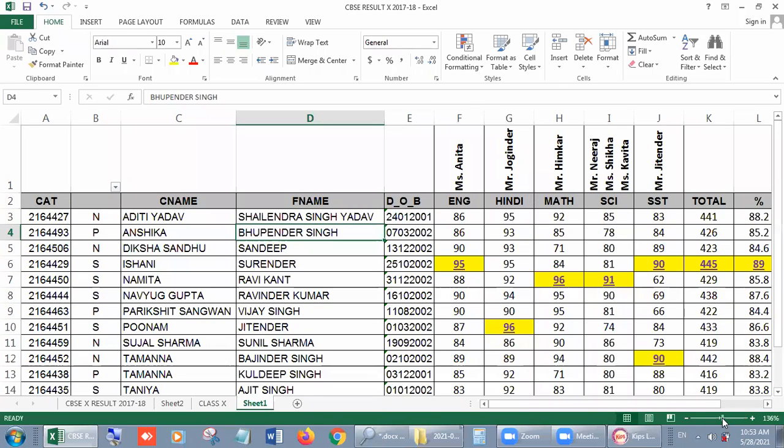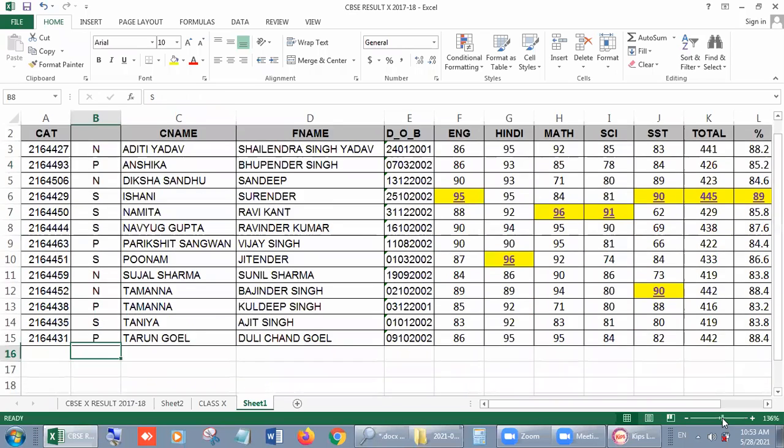So this is our filter. In filter, how can we use it? Suppose we want to know how many students are related to N. Suppose N and these are the grades, right, students? So in this way, we can come to know how many students are related to N, how many to P, and how many to S. I hope it is clear to you.